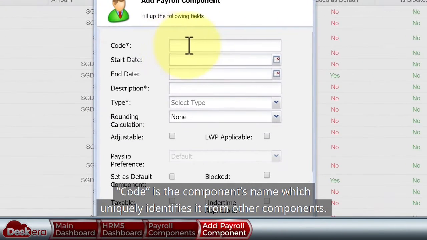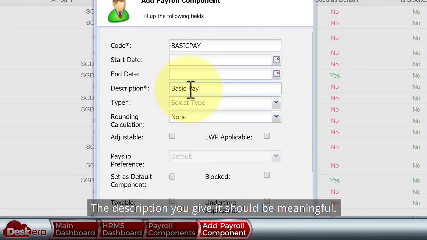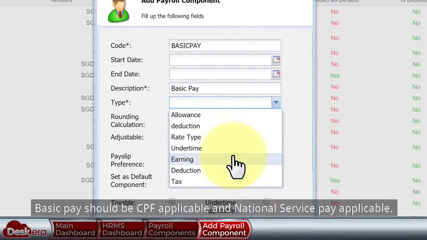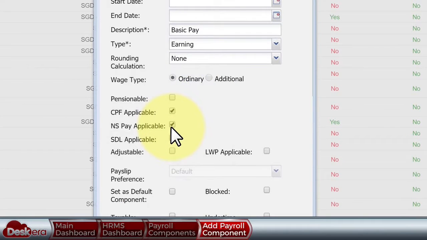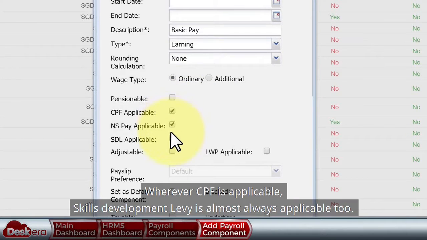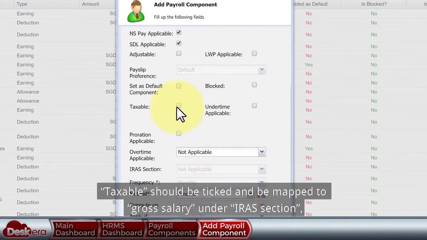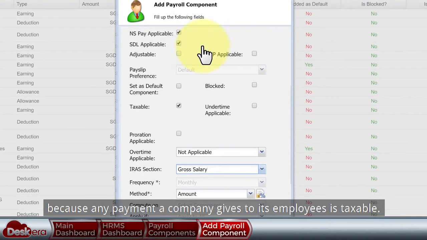Code is the component's name, which uniquely identifies it from other components. The description you give it should be meaningful. Basic pay should be CPF applicable and National Service Pay applicable. Wherever CPF is applicable, Skills Development Levy is almost always applicable too. Taxable should be ticked and be mapped to gross salary under IRS section, because any payment a company gives to